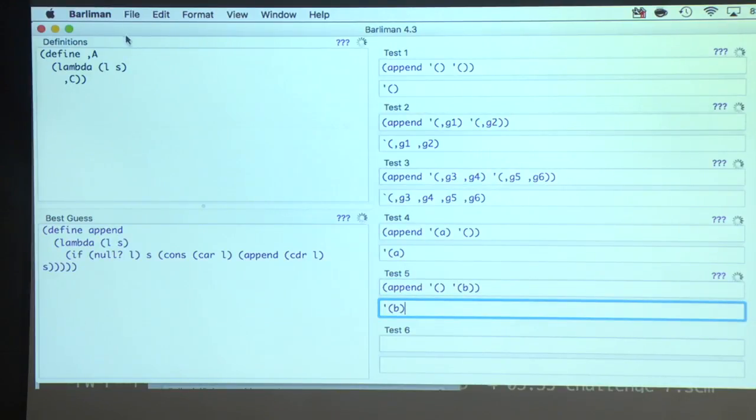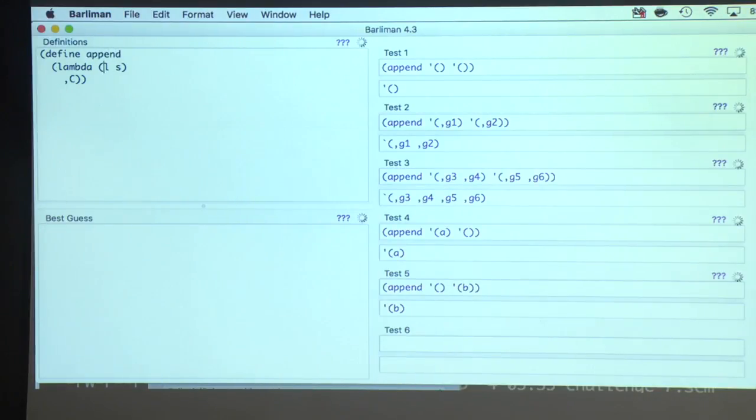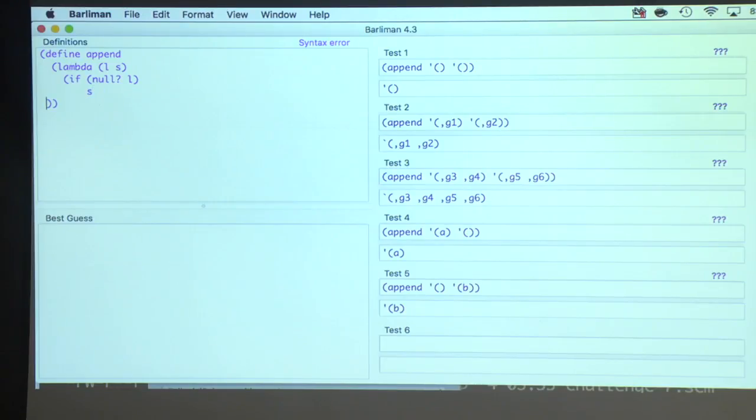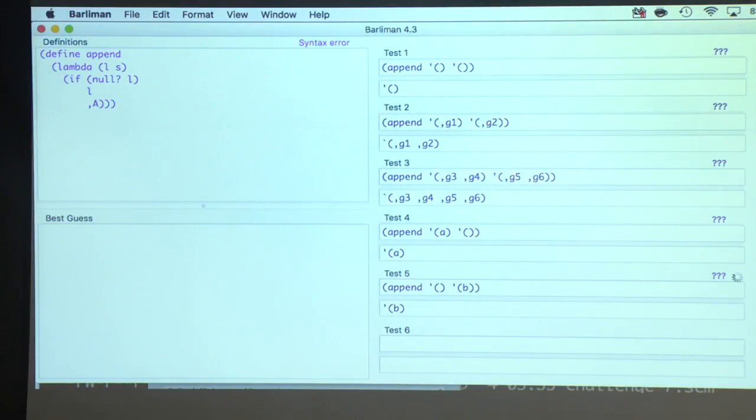And if I'm writing the definition of append, because I can't synthesize it because it's too long, then I might do something like, say, if null of L, return S, otherwise return something I don't know, I'm filling it in. This is correct, and I can synthesize it faster. But maybe I make a mistake and I type in L, and it refutes, even though I've got a hole in my program that could be arbitrarily large.